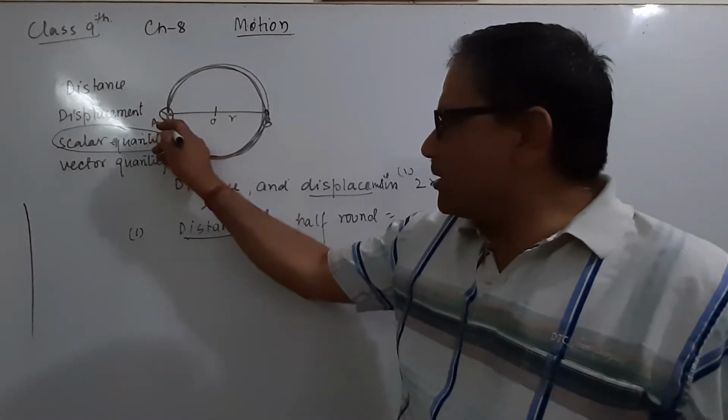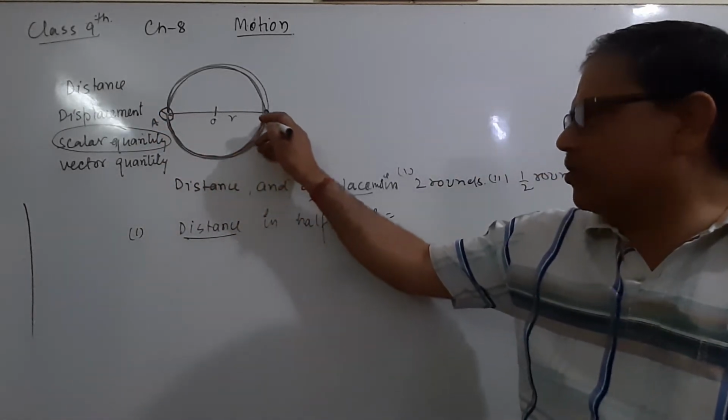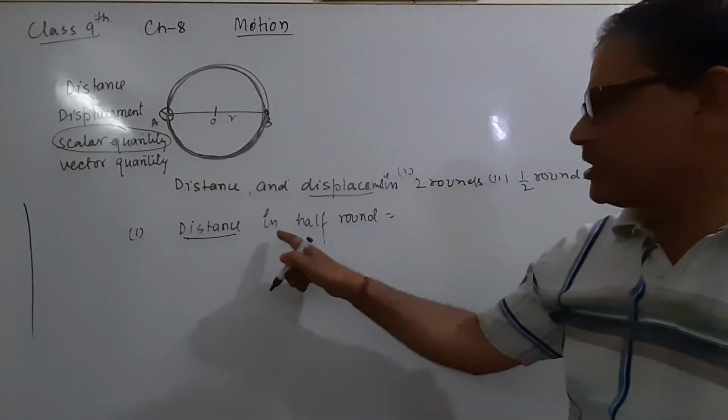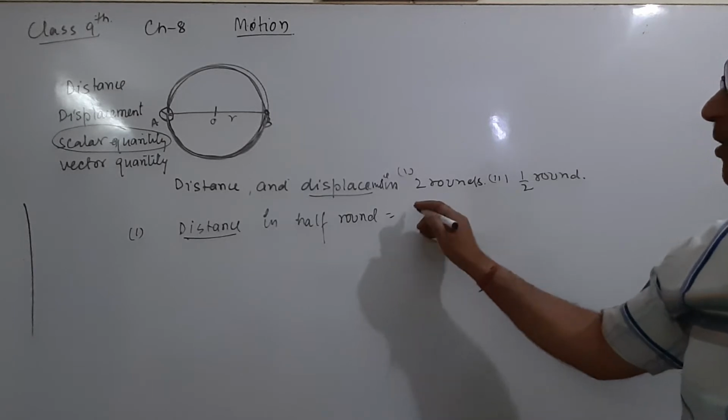What is the path? This is the circumference of which one? Semicircle. So distance in half round is the number of rounds, which is half,